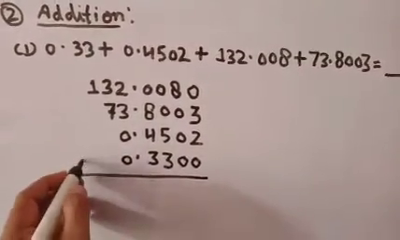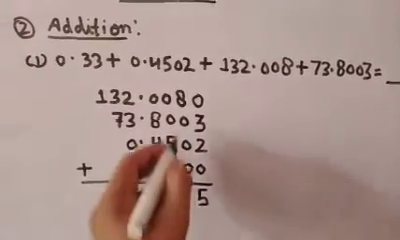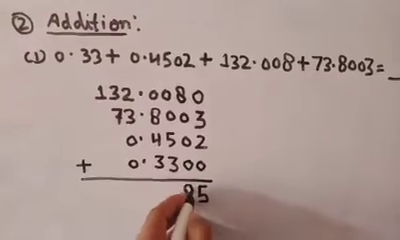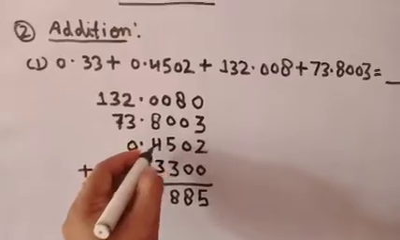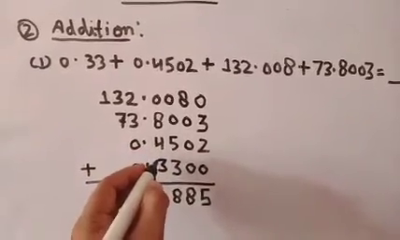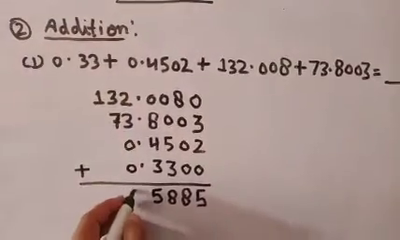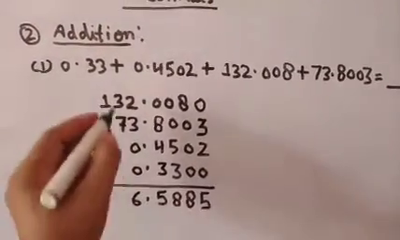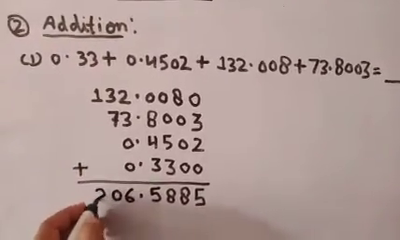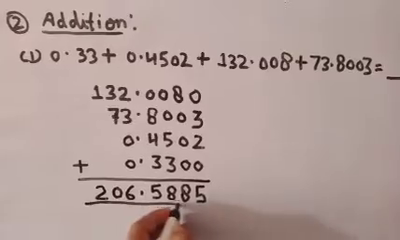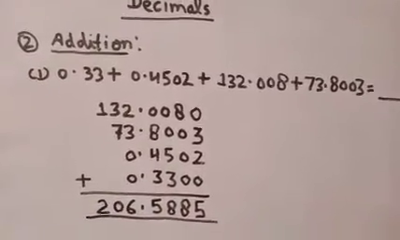Now add them. 3 plus 2 is 5, there is no carry. 8, no carry. 5 plus 3 is 8, there is no carry. 8 plus 4 is 12, 12 plus 3 is 15, carry 1. 3 plus 3 is 6, put the decimal here, and 7 plus 3 is 10, plus carry 1 is 2. Then the final addition of these decimals is